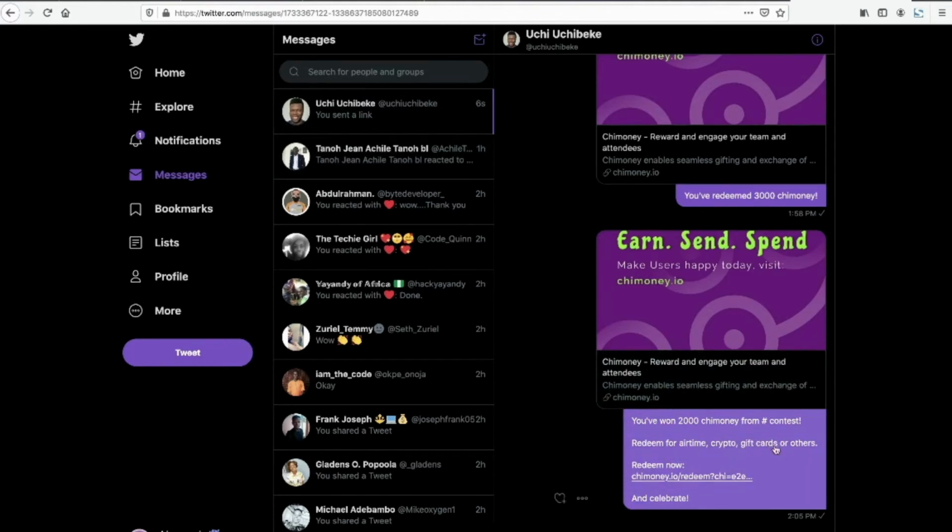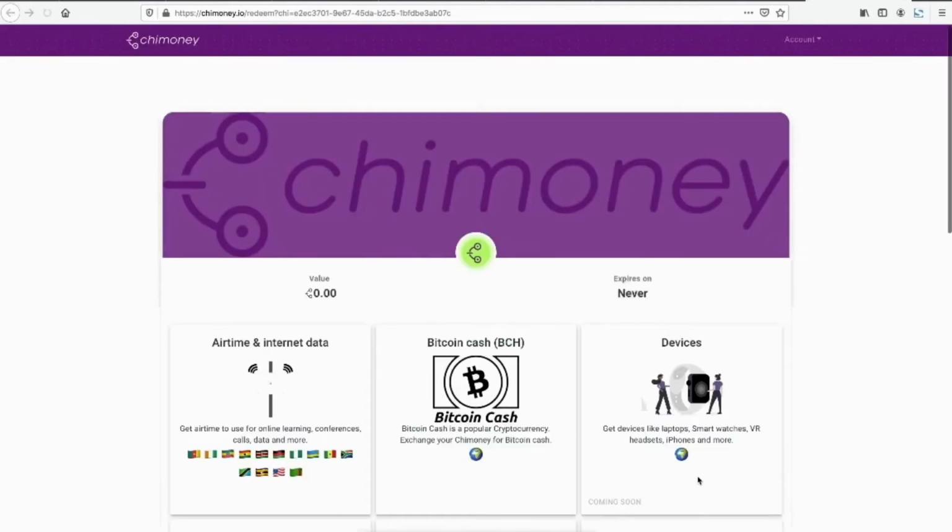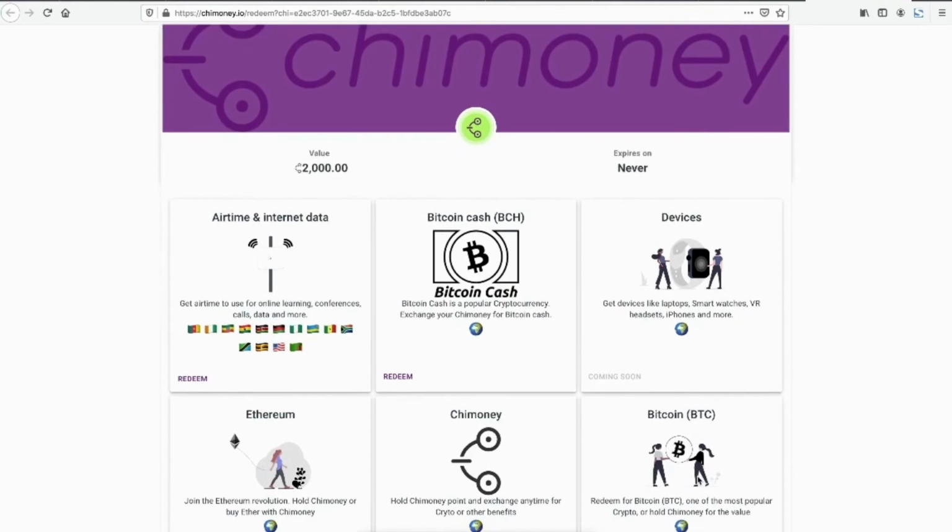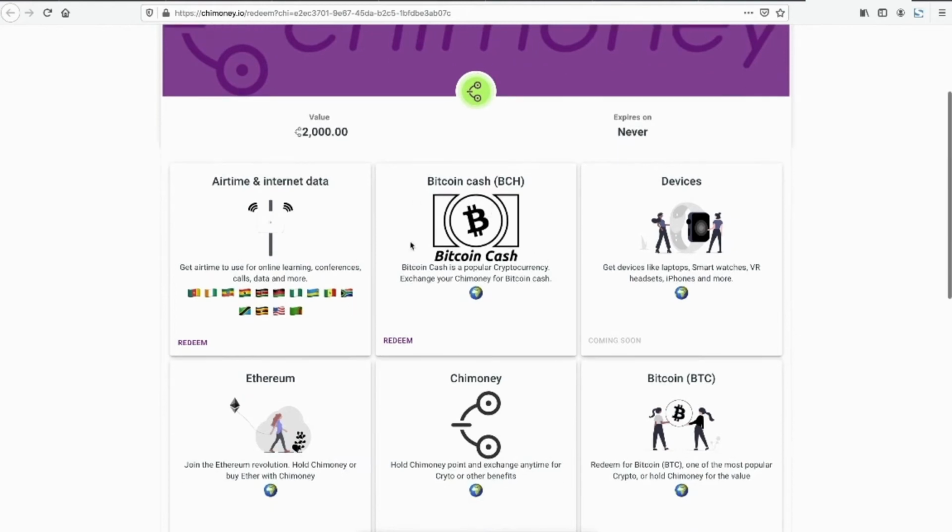Redeem it for airtime, crypto, gift card. So when I click on that, it takes me to the redeem page. And before this hackathon, you could only redeem Chimoney for airtime in 15 countries. But we just added this new feature where you can exchange Chimoney for Bitcoin Cash anywhere in the world. And this is very powerful because it opens up the world